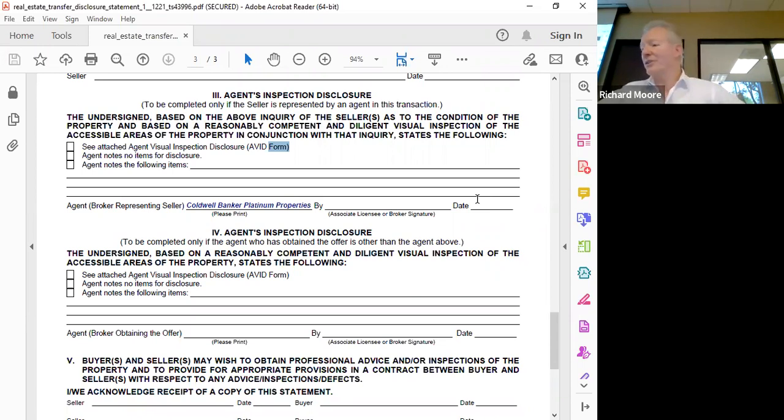And then if there are issues that you come across that you believe are incorrect before delivering the TDS, you should address that with the seller, ideally have them correct it. And then if you discover, or the seller discovers after delivery, then you should have them complete a new or amended TDS, write amended across it. Seller should re-sign. You have no obligation to re-sign. But then again, delivery of that is opening up the rescission period.